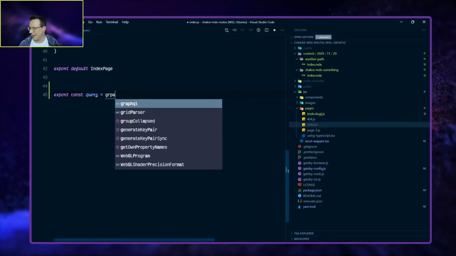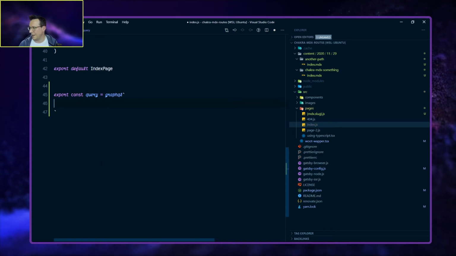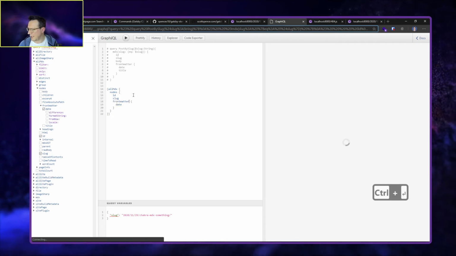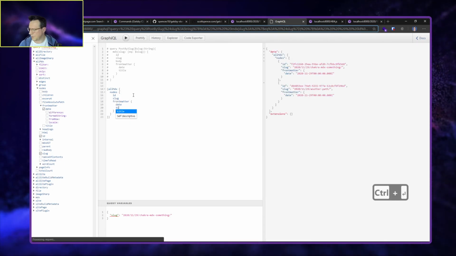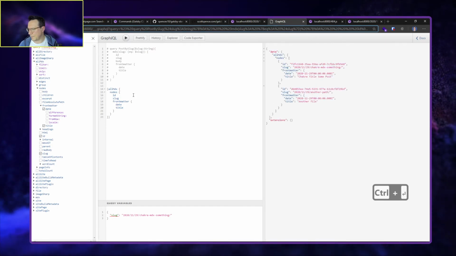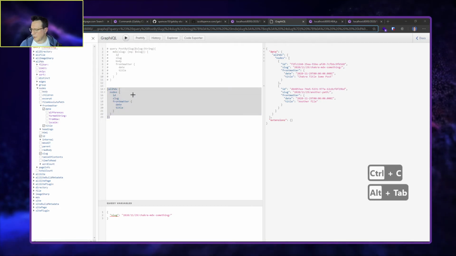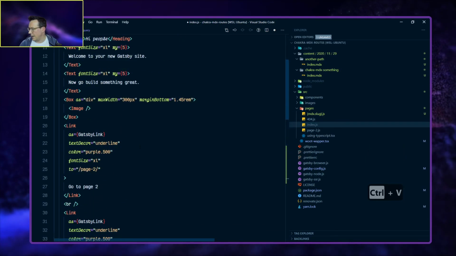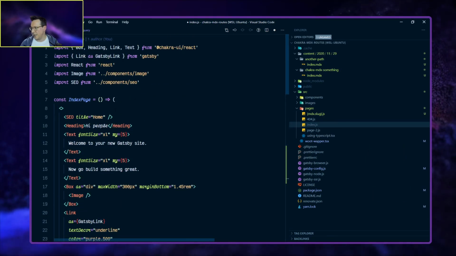Oh, yay. It's GraphQL, and then in here we could use this thing here, MDX node slug, and then we could just iterate over this to get the paths. So, can we get the front matter from here? Yes, we can. We're going to want title and date. I think that was it. So we can just copy paste this straight into our query here, and then in our index page here we